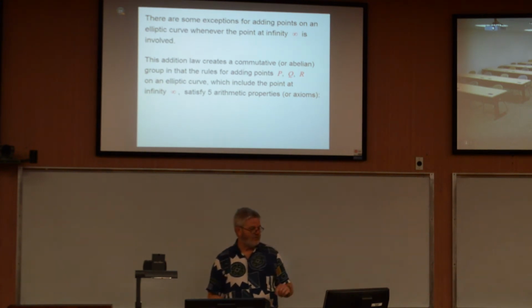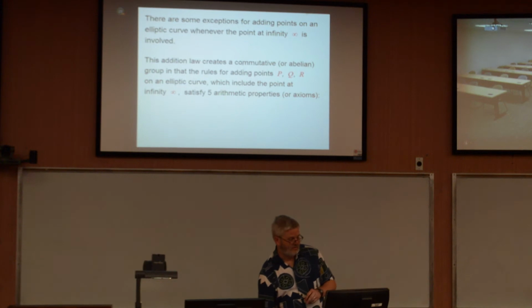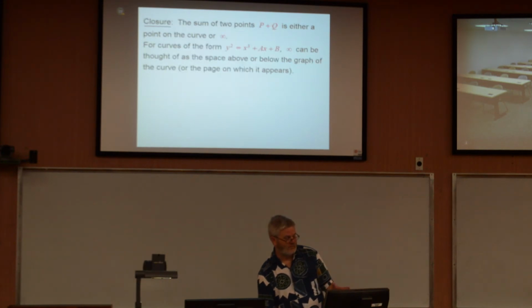This addition law creates a commutative, or abelian, group, and the rules for adding points P, Q, and R on an elliptic curve, which include the point at infinity, satisfy 5 arithmetic properties or axioms. So first of all, closure. The sum of 2 points P plus Q is either a point on the curve or it's the point at infinity. For curves, we're only talking about elliptic curves with this form of the equation, the Weierstrass